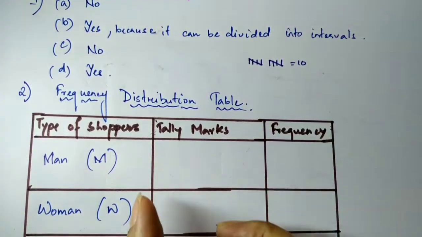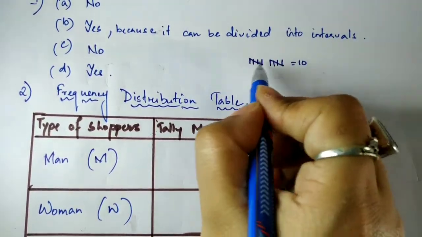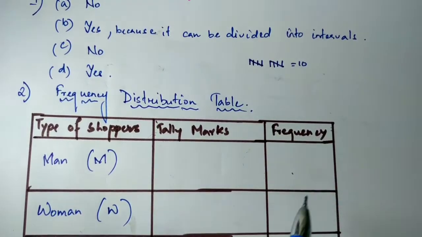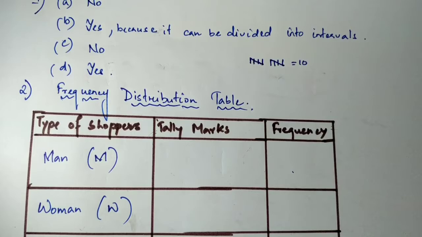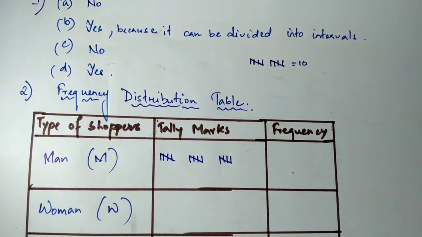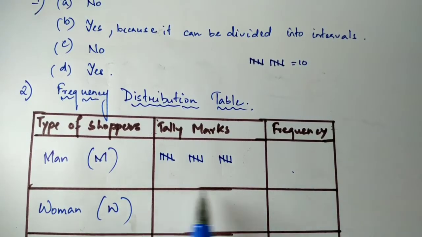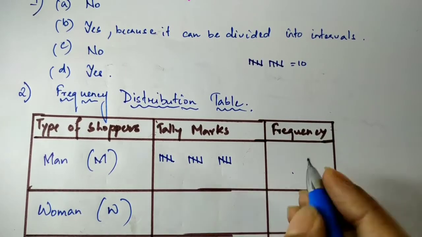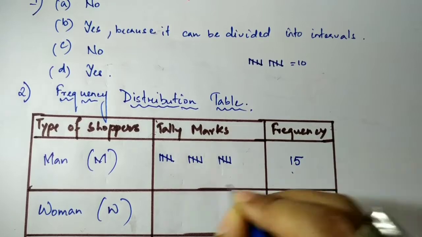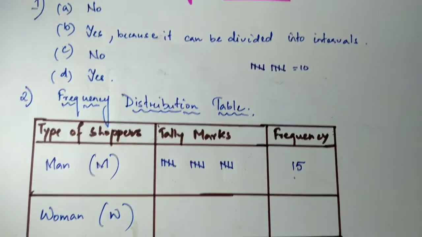So we do tally marks here, and frequency is how many lines there are; we'll count and write down the numbers here. So for men, when the given data is there, I'll count the number of men given here, and when we count all the M, we get something like this. So these are the number of men here. This means 5 plus 5, 10 plus 5. So the frequency means the number of times the man is repeated, so it's 15.